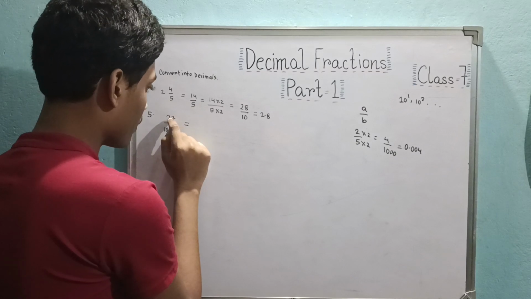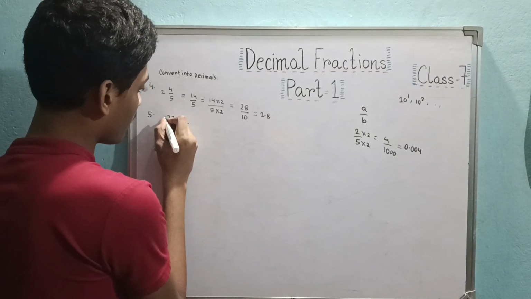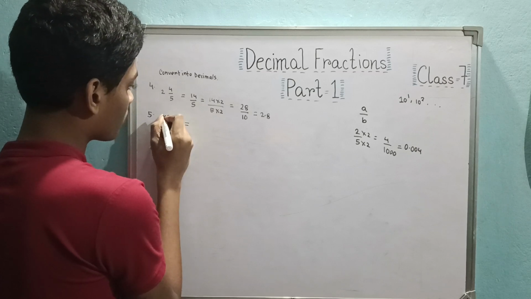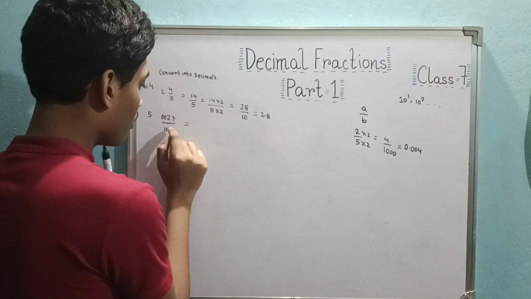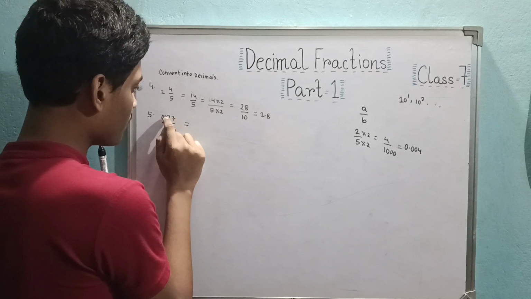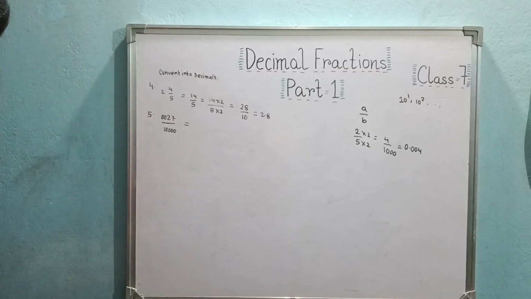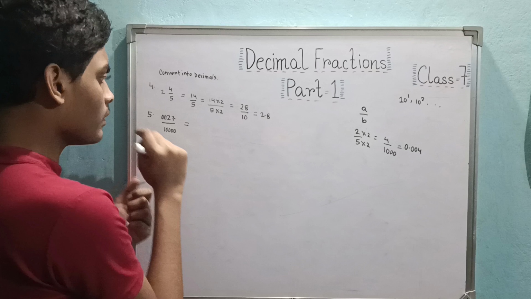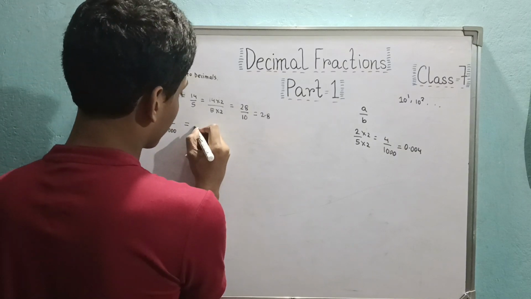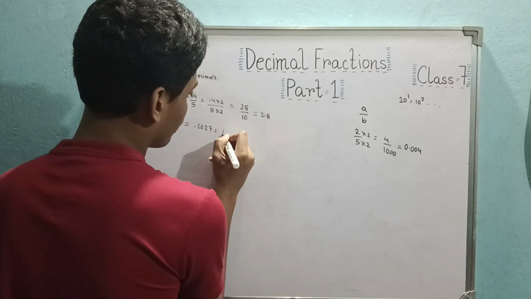So first place 7, second place 2, then third place another 0, fourth place another 0. See this? 4 zeros are there: first place 7, second place 2, third place 0 and fourth place 0. After this the point gets placed. After 4 zeros, so after 4 places from the right hand side the point gets placed. So 0.0027 equal to